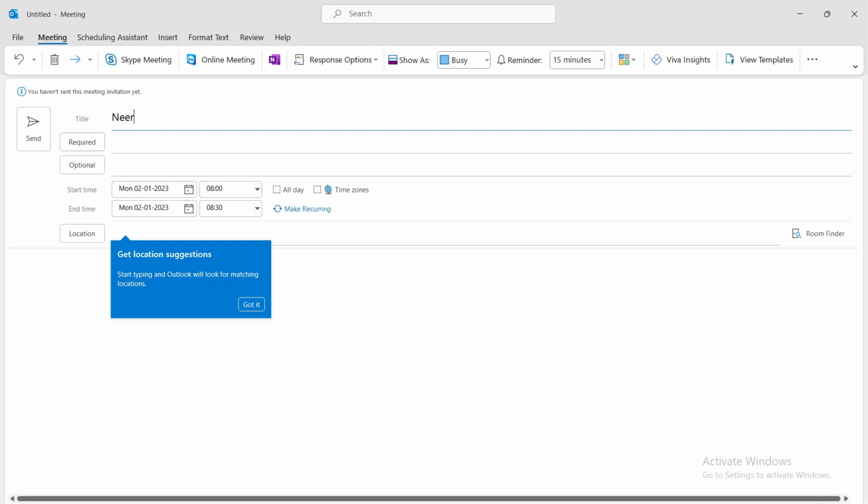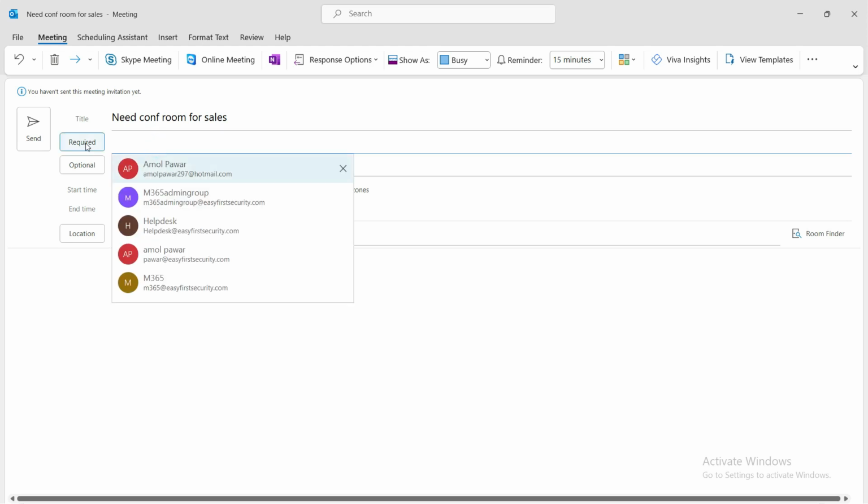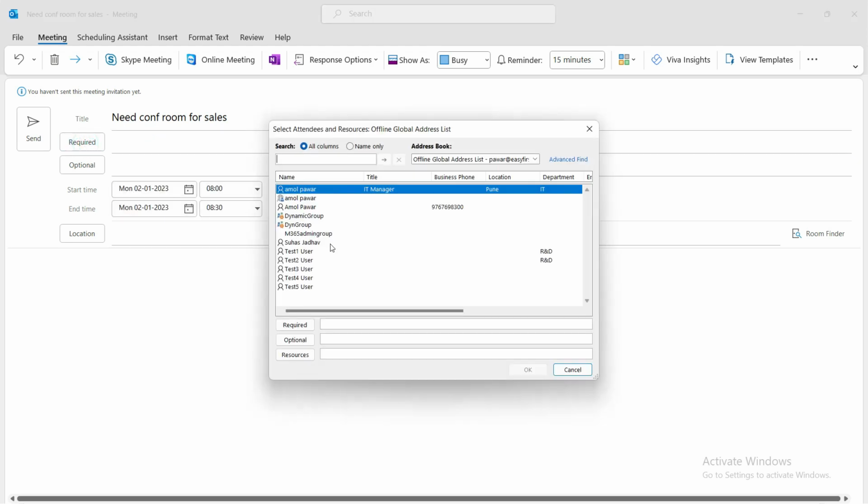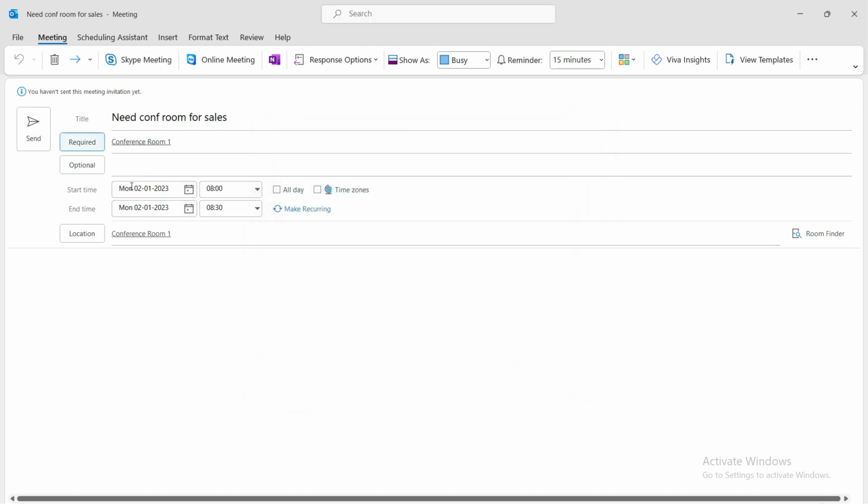need a room, sorry, need conf room for sales. Okay, so this is the name, and then I need to select a conference room email ID. So I'll go to the room here, and the conference room 1 is here. So I'll just double click and it will add here,